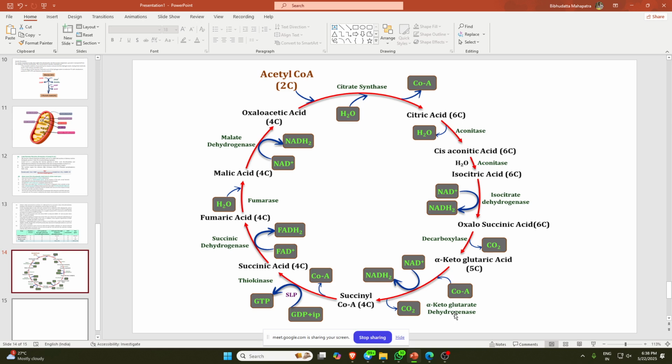To form succinyl coenzyme A. Okay. And again this coenzyme A is added. So these are the things. So from here, oxalosuccinic acid to the succinyl coenzyme A,